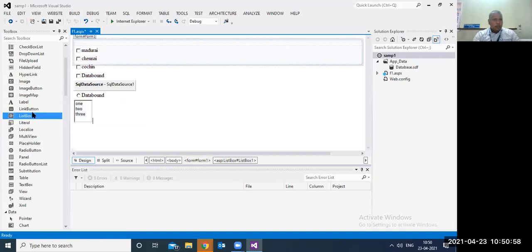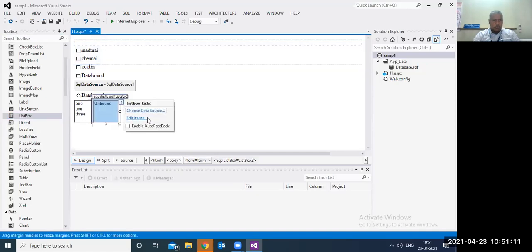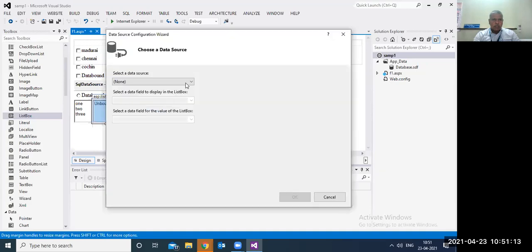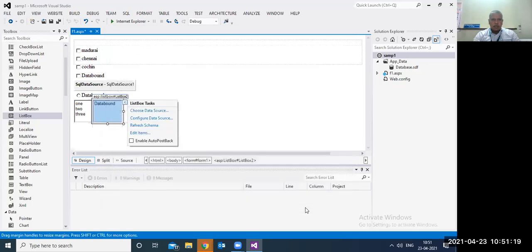Okay. The same list box, I can take it from the backend also. Just choose the database. Just take the data source. This is having city. Okay.